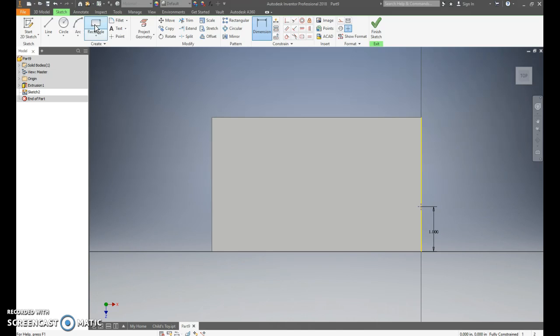And that is where we're going to grab our rectangle tool. From that point we placed, we click, and we move our mouse to the left. Okay. Since it goes the entire length of this object, we know that that is going to be 5. So 5, tab, and like we already determined, this is going to be 1 inch. Enter,